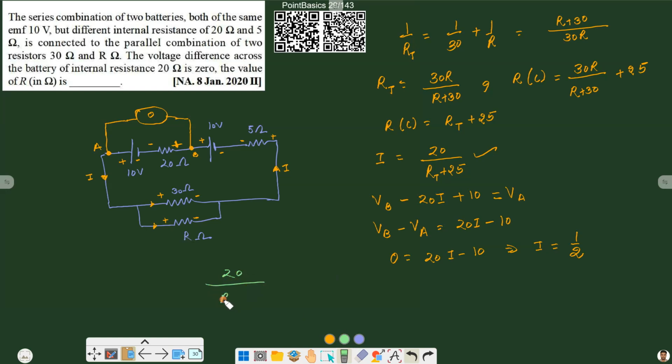20 divided by RT plus 25 is equal to half, and from this RT plus 25 is equal to 40, and from this RT is equal to 15. So total resistance or RT is equal to 15. Now using this value here,